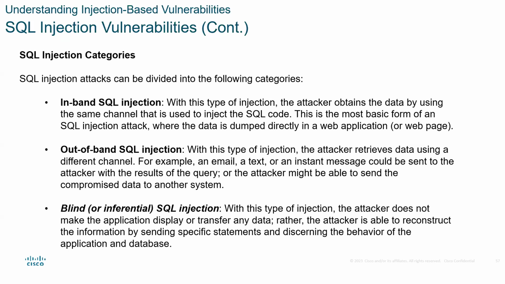So let's look at SQL injection categories. There's in-band SQL injection, out-of-band, and then there's blind. These are the categories that SQL injection attacks can come in. In-band is the type of injection where the attacker obtains the data by using the same channel that is used to inject the SQL code, so it's within the same band. Out-of-band is where the attacker retrieves data using a different channel,